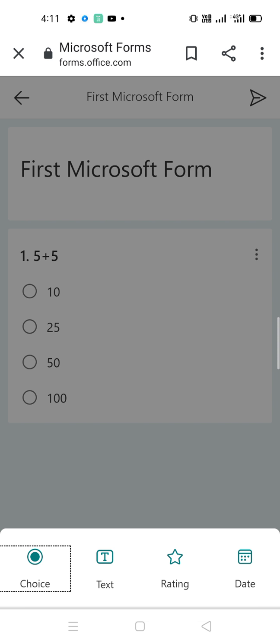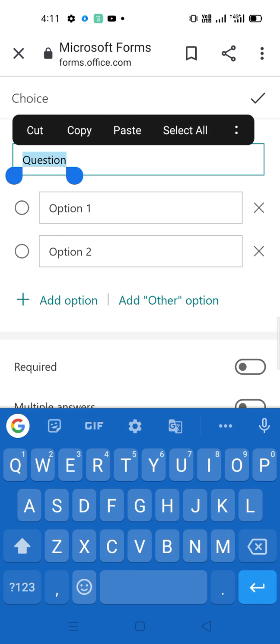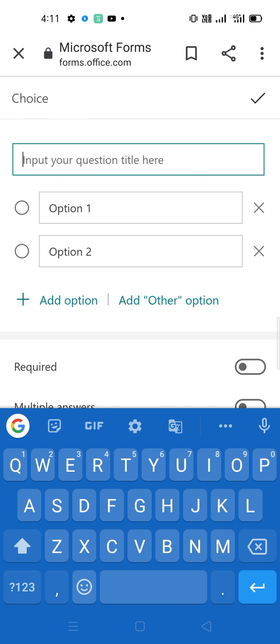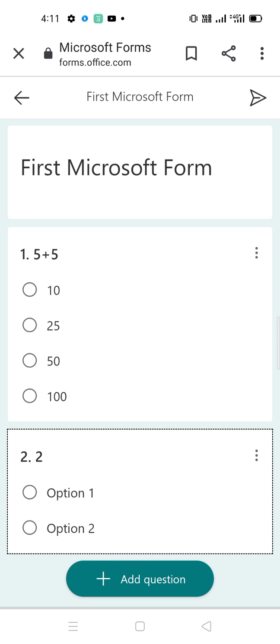So my question is choice, and here is your question 2. I'm not giving any question or options, just to show you how to create another question here. So here the number 2 question has appeared.